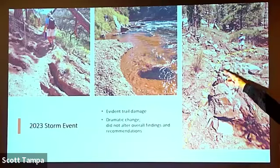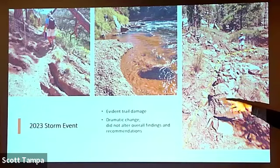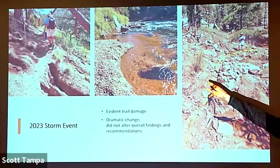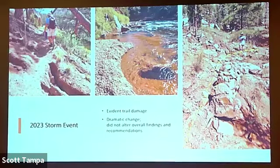The yellow line is where the trail was. This was a nice retaining wall. And this is about a 3-foot deep trench behind the wall. And so, it's a lot of damage, a lot of dramatic damage, but